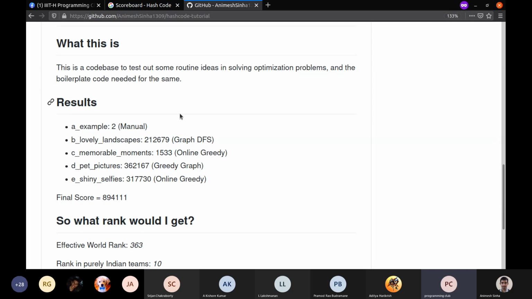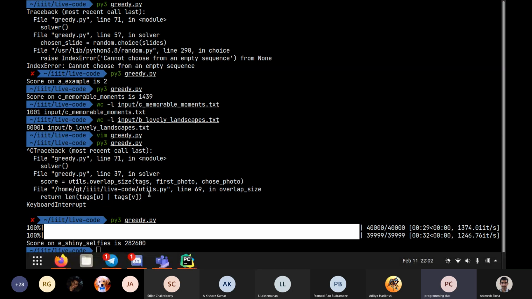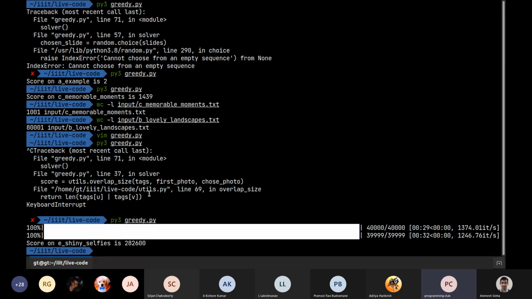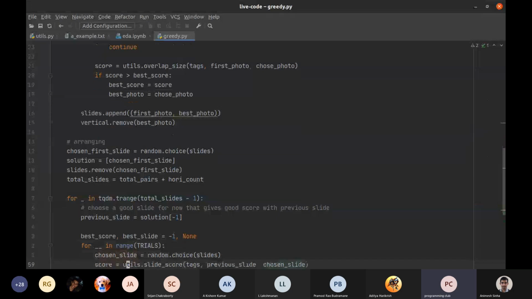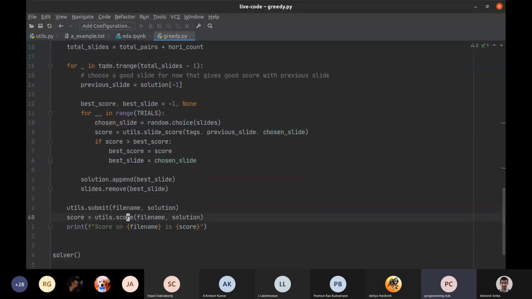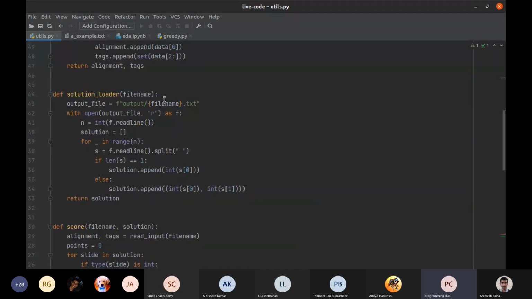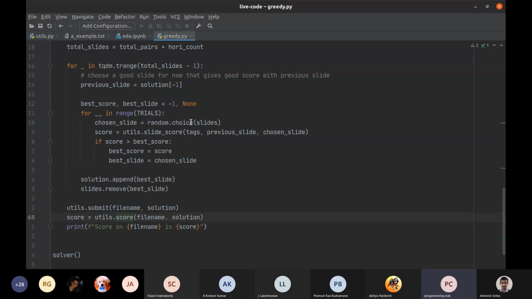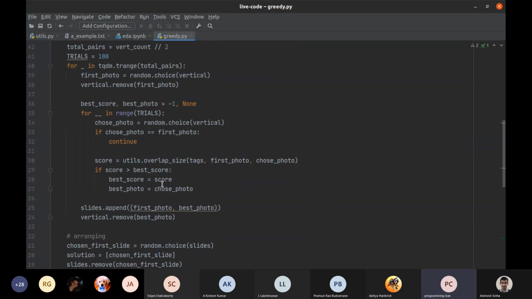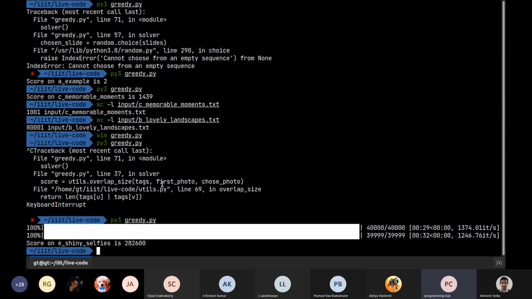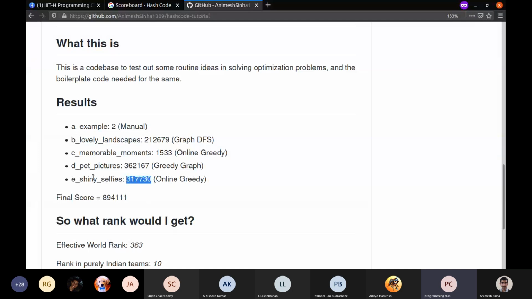You have to realize that this is a pretty big deal. It took me less than 30 minutes to code this up. With a little practice, you can also code it in maybe 1 or 2 hours, but you have a total of 4 hours in the contest, right? If you have an 80 line code excluding the utilities, but the utilities are straightforward, you just need to read the file, output the file, and get the score. So if you have an 80 line solution, which is a simple greedy, that gets you a decent score, then you should try it out. Again, this is not close to the best solution.